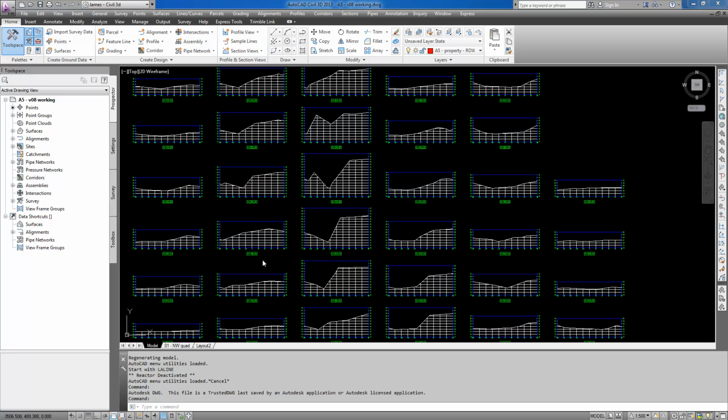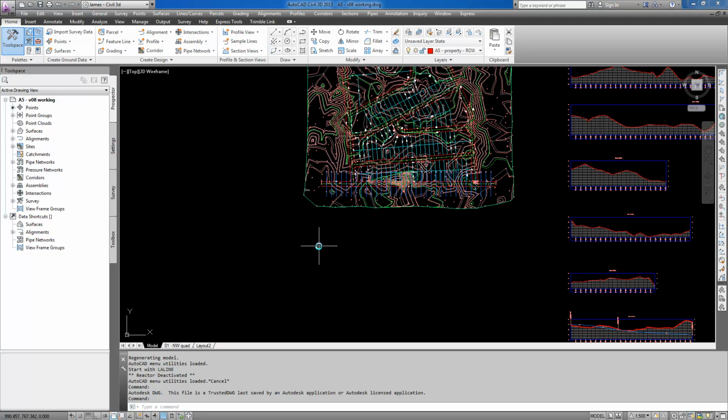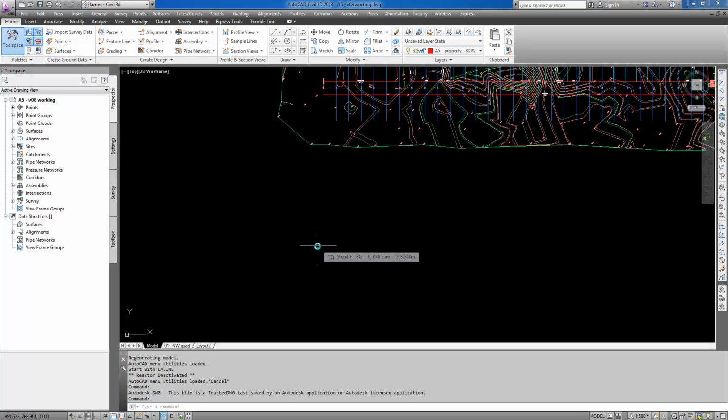Assignment 5 Video 8, how to create an assembly and a corridor. So to do that, the first thing that I like to do is create a location to create my assembly. All an assembly is, is a cross-section of a road that we will eventually extrude through the proposed road alignment, in